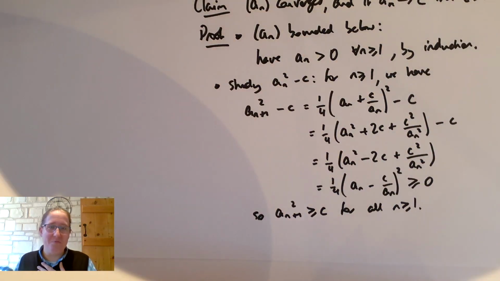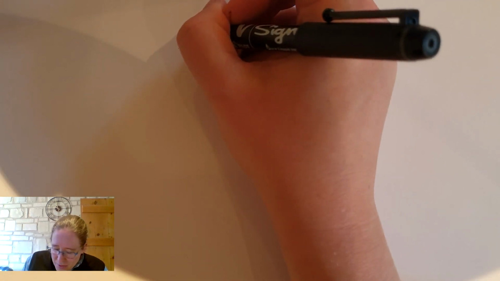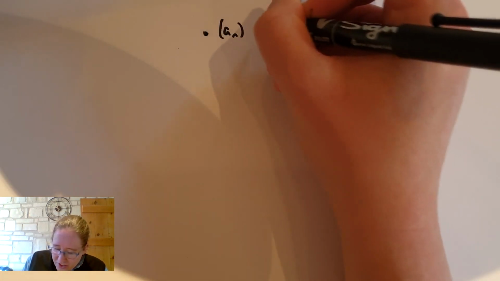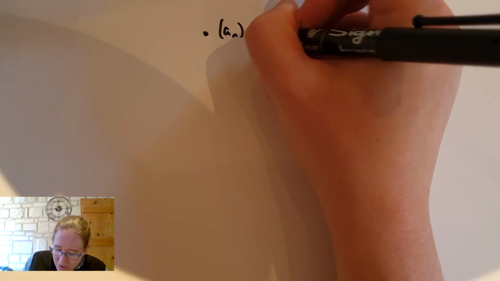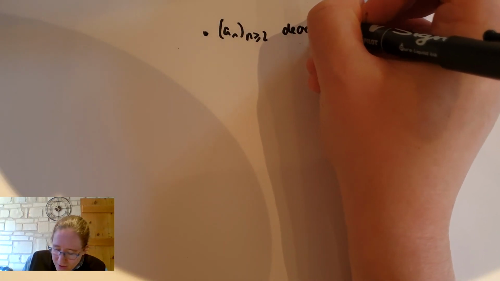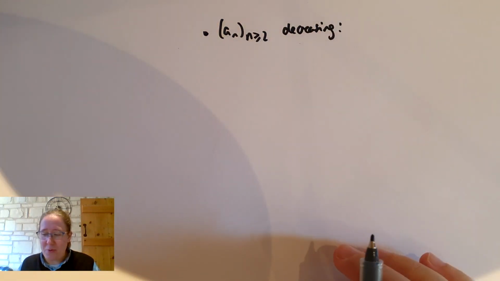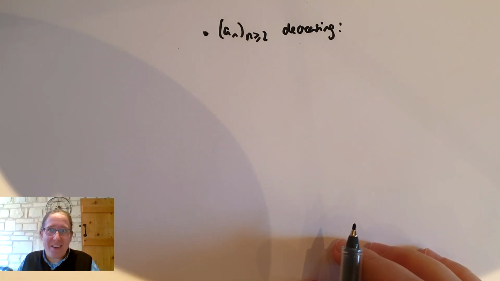But I think the fact that with more or less one line we can argue it's positive, that's enough for the bounded below. This is going to be useful to us in a moment. Let's move on to the next stage. So my next bullet point, I'm going to try to show that this is decreasing, at least for n greater than or equal to 2. There is a kind of wrinkle about what happens between a_1 and a_2, but I don't care because that's finitely many terms.